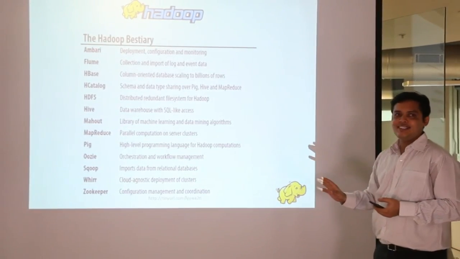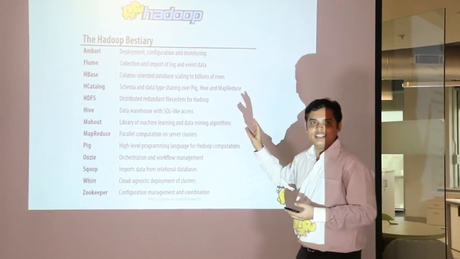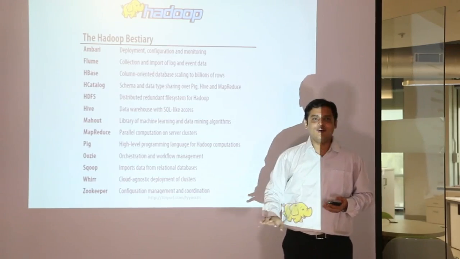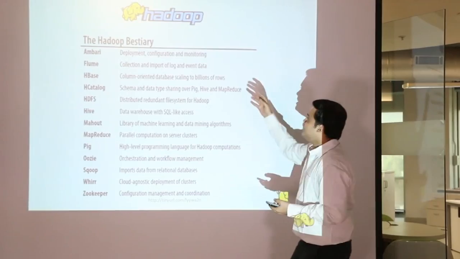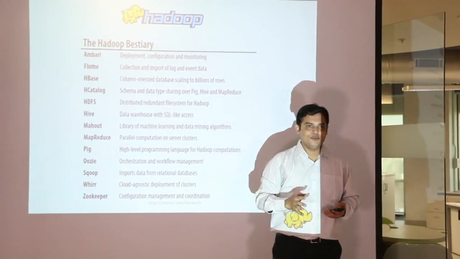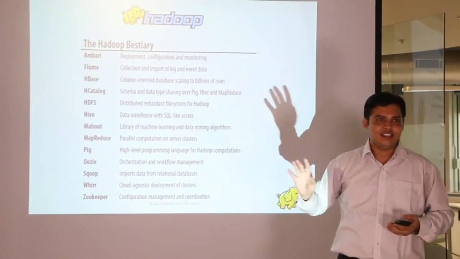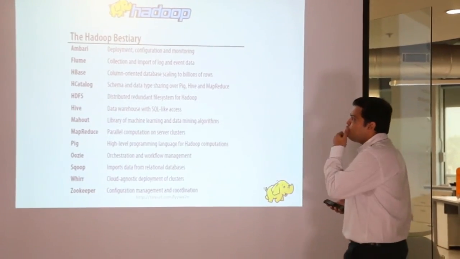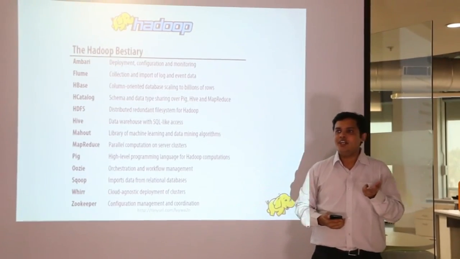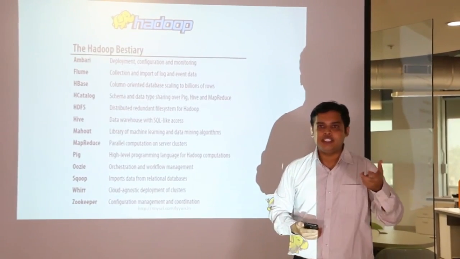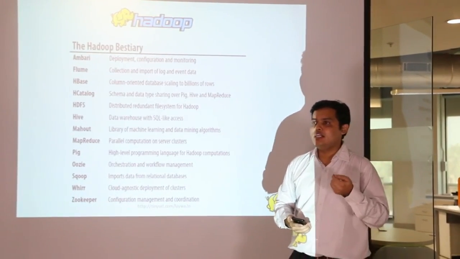These are the terms. This is optional. You can pick up these terms as well while doing a client pitch. You can say there is Ambari, which does deployment, configuration, and monitoring of Hadoop. You can use it more like a dictionary, right? So there is Flume. Flume is a module which will log an event or all the data that is happening on your Hadoop system. Whenever there is a process, it will generate a log.